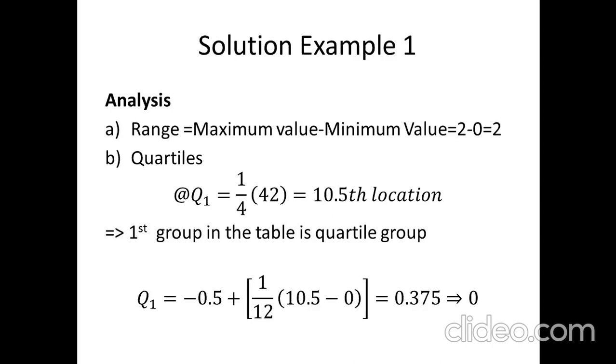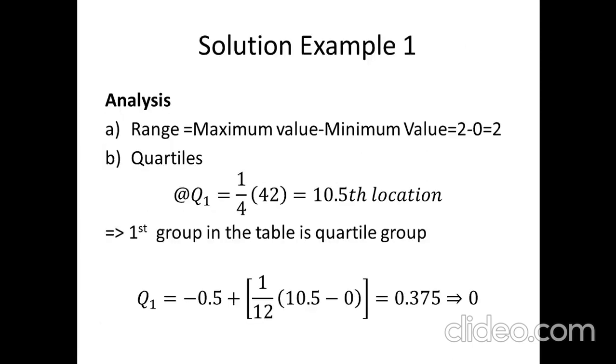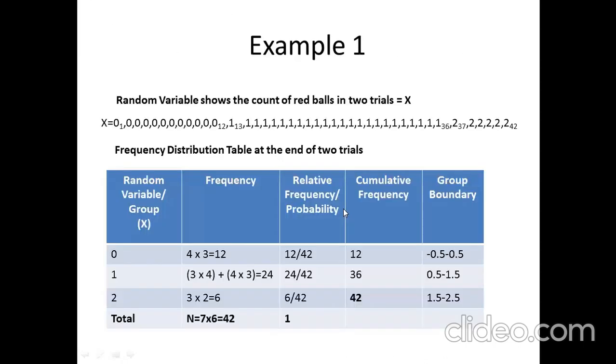Quartiles. We don't need to arrange the data in the order because we have already done it in the form of the group table. And now we will move on to the quartile values. So first, the location of the quartile. Let's start with the Q1. We have seen in this formula that the location is given by i upon 4 into capital N, where i would be 1 for quartile 1 and N would be the total data set size or total frequencies. So the location of Q1 comes out to be 42 by 4, which is 10.5th location. 10.5th location is where? In the data set.